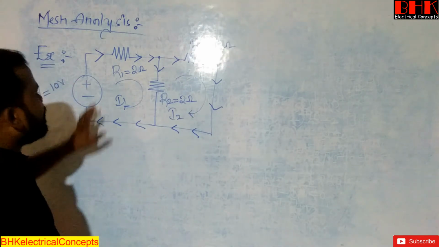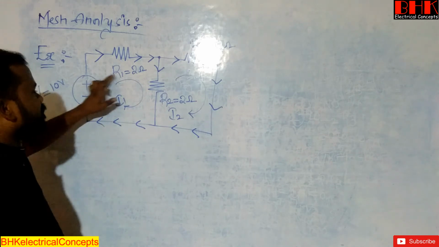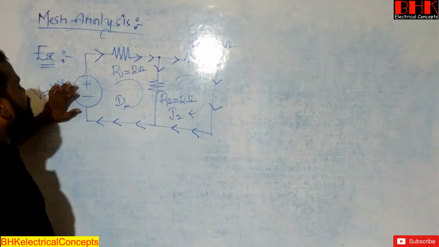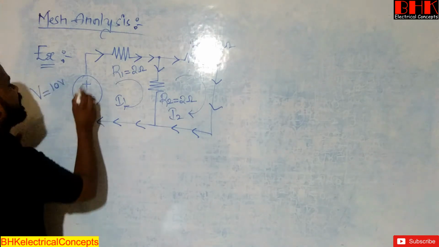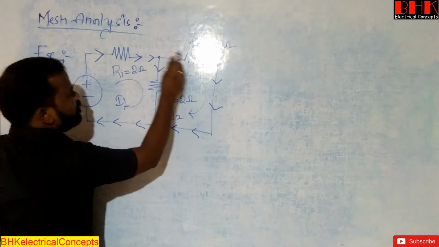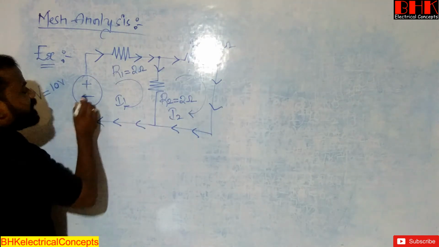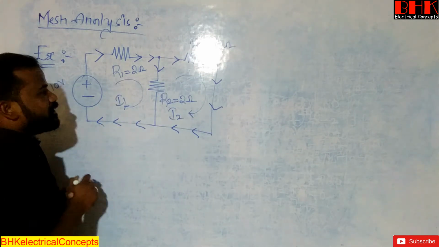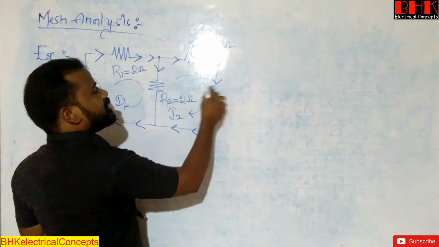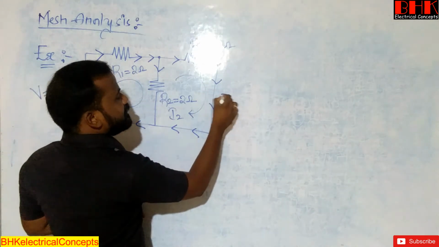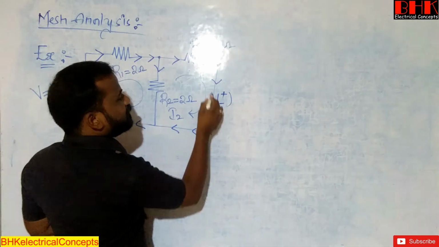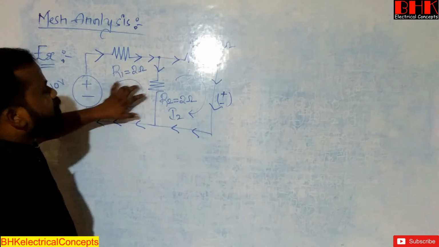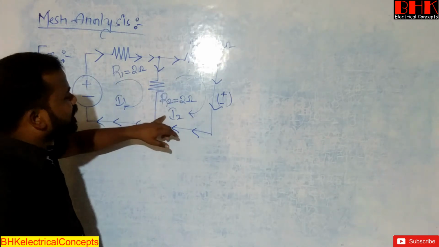Just observe why both currents are directed like this, and why not the other way. Voltage source is connected here, and current always starts from the positive terminal, flows in the circuit, and ends at the negative. That's why both currents are clockwise. If another voltage source were connected here, with positive here and negative here, then the current would flow the other way. We have two loops, so we need to find two currents.